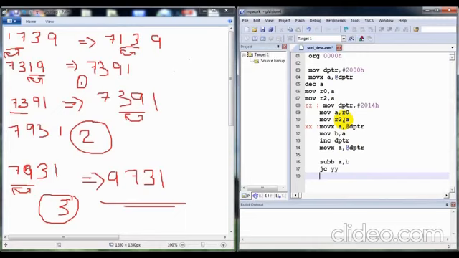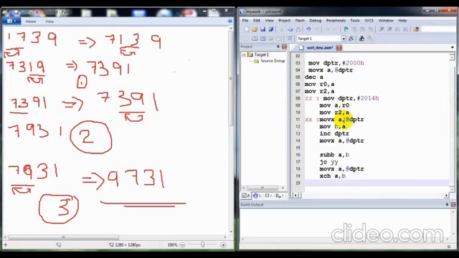But now we can see that we have given SUBB A, B. That result will change the value in A. So we have to load the initial value to the accumulator. For that we are using MOVX A, @DPTR. Now the value will be restored. Now we can exchange the values between A and B. For exchanging, we are using the command XCH A, B.